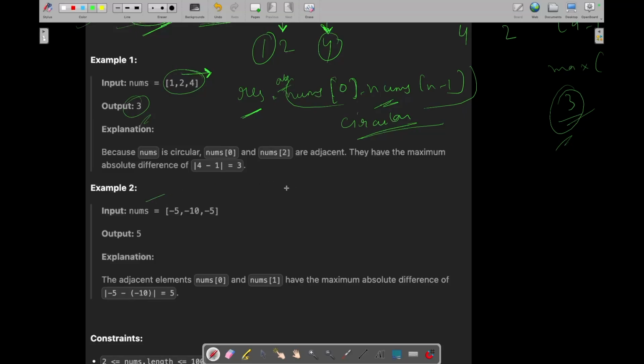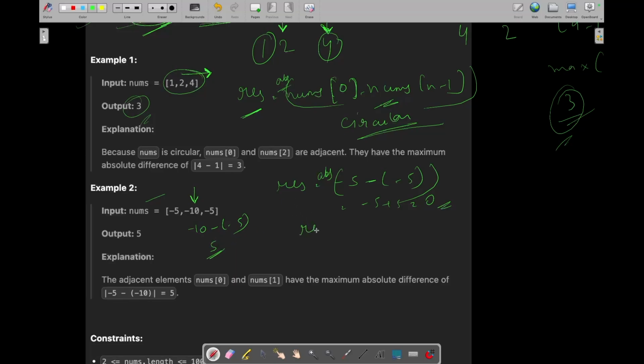Okay, so let's see another example as well. So let's say in this example, let's initialize our result with -5 minus -5, right? And its absolute value. So it will be -5 plus 5, which will be 0. Okay, now let's start iterating from this point. Okay, so difference between -5 minus -5, so it will be 5, right?